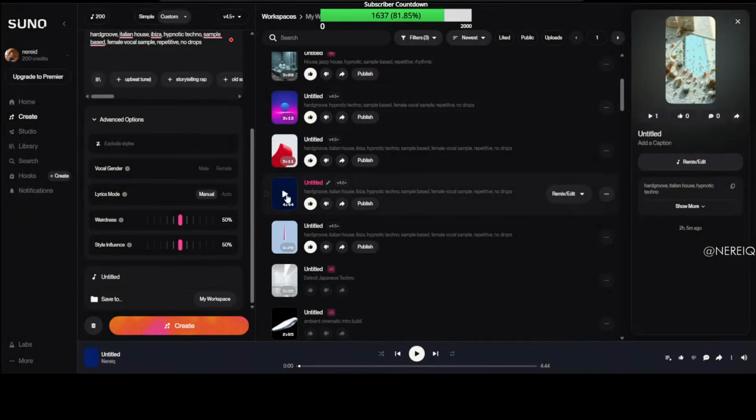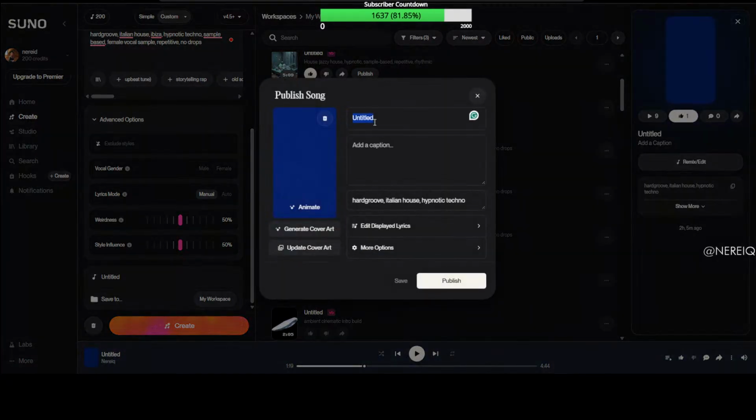What we're gonna do today, guys, is just work on this one. And we probably are not even gonna work on this. We might want to just publish this. So let's create a nice name for it. Let's use my name for actual